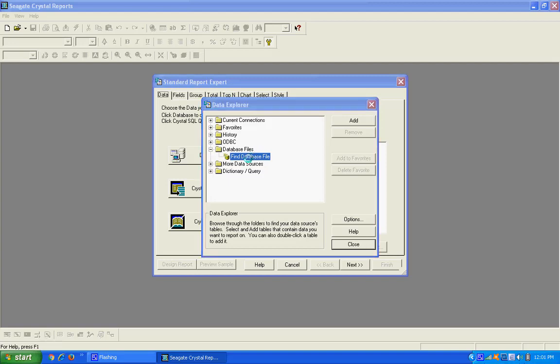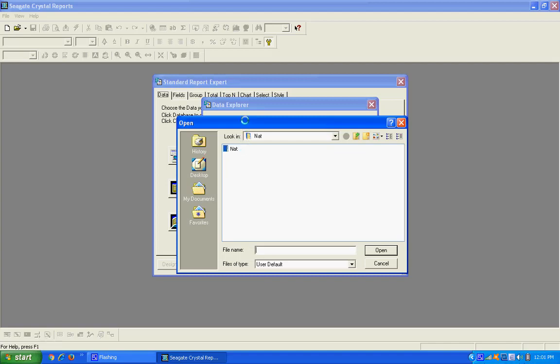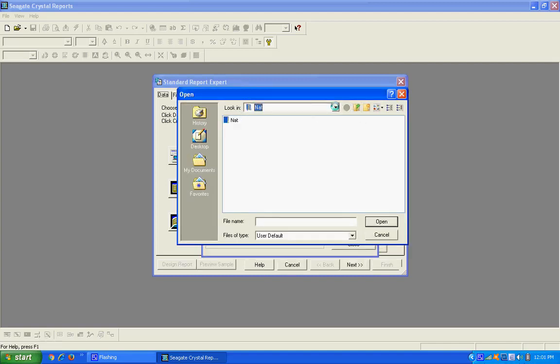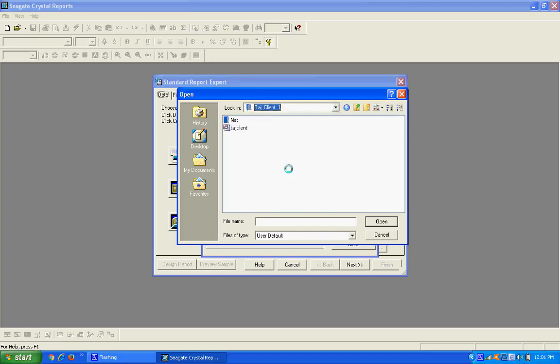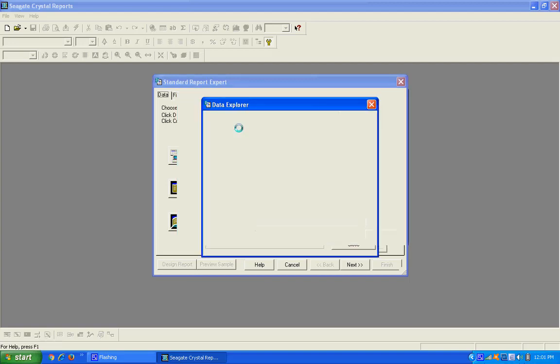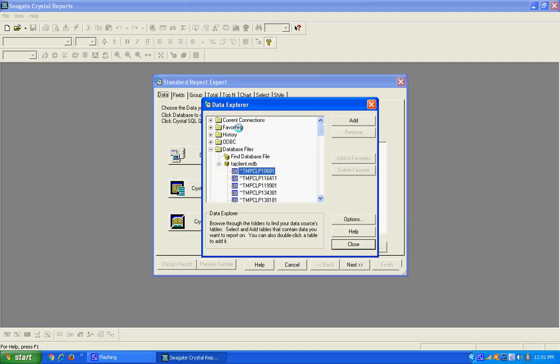I click find database and find the location where my database is located. You can select your desired database using the location of the database. My database is located there. Double click on the database.